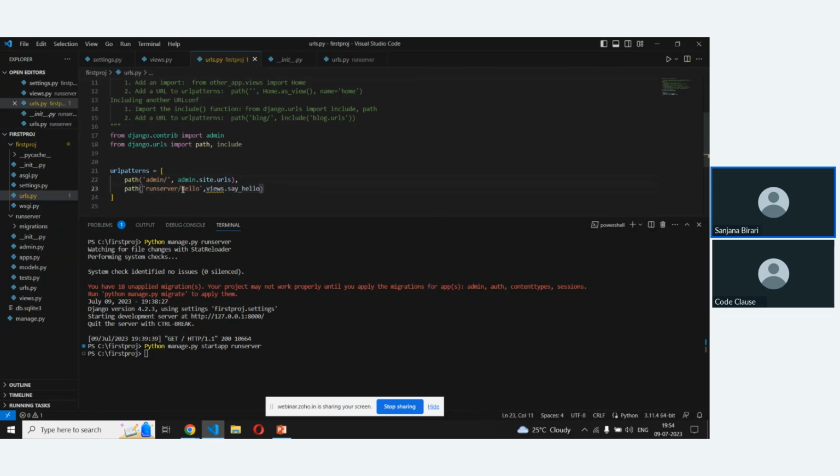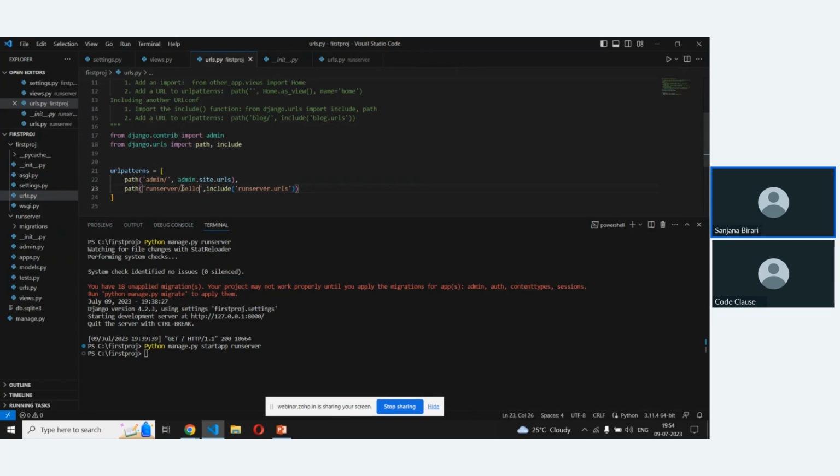So for this, you have to include the function, and in that function, you have to pass your URL address, that is your project's name dot urls. Okay. So now we have connected both the URLs.